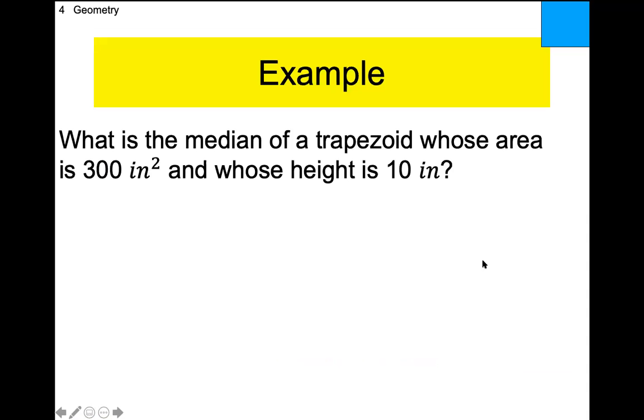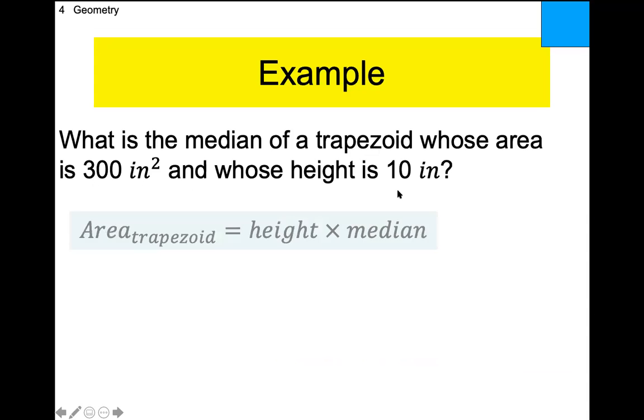So watch this one. It says, what is the median of a trapezoid whose area is 300 and whose height is 10? If we take that formula that we were just given, that the area is equal to the height times the median, and we simply plug in what we're given, the area is 300, and the height is 10. It's just a quick substitution, right? We substitute those numbers in, and to solve this, we would simply,